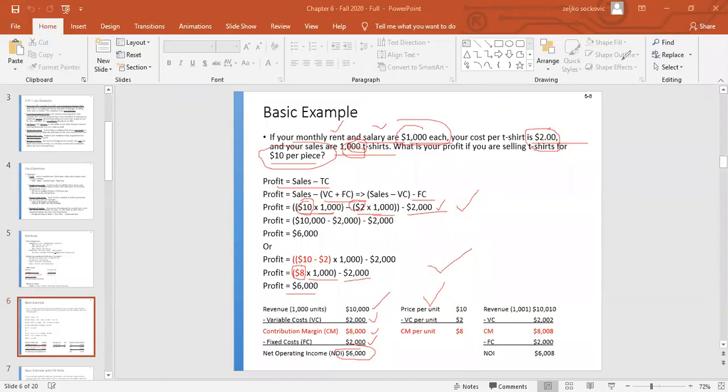This is per unit. Let me see. Okay, 2 participants raised their hand. Let me see a second. I don't see who, but